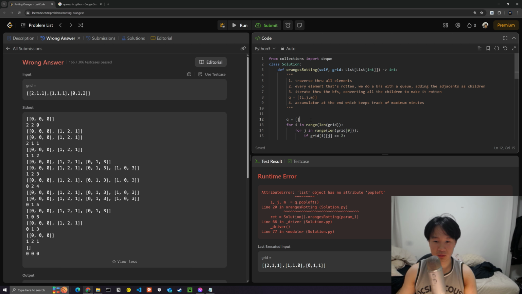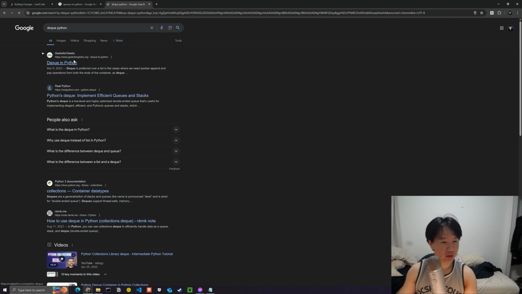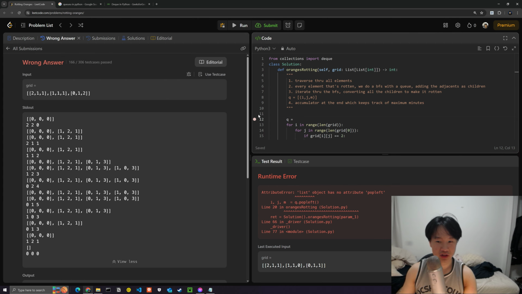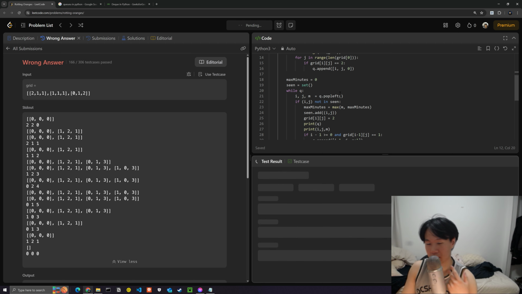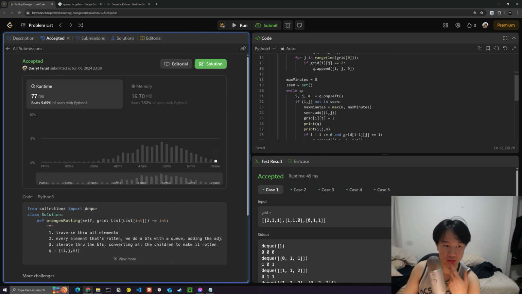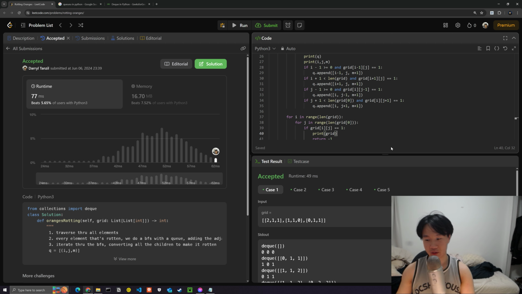So we want Q to be equal from... Let me just quickly look up the syntax for this. Yeah, okay. We just initialize a deque here. Forgot, because we can't be having a stack because that would just be a DFS. Oh, okay, there we go. We want this. Nice. Accepted. Yeah. So the mistake that I made was that I said I was going to do a BFS